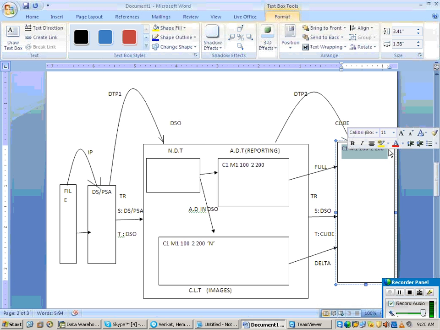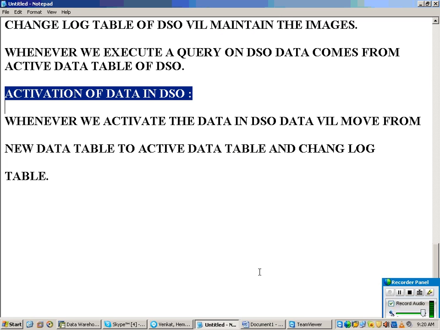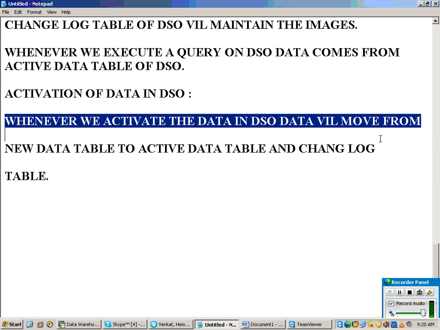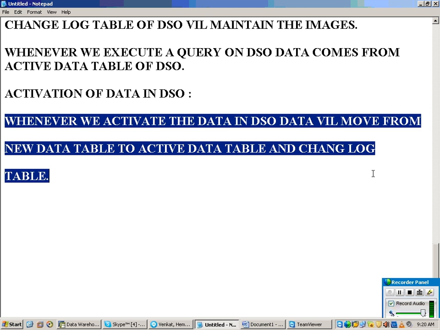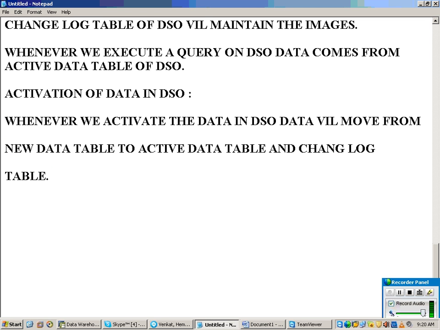So whenever I am activating the data in DSO, data will be moved from the new table to the active table. As and when I load data to DSO, immediately you have to perform the process called activation of data in DSO. If we don't activate the data in DSO, what happens now?